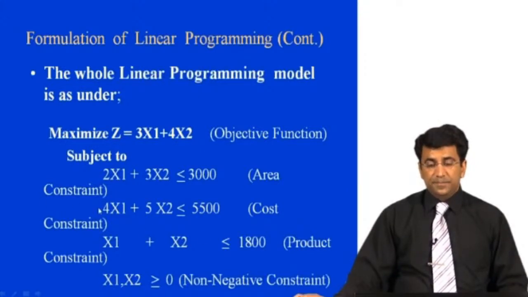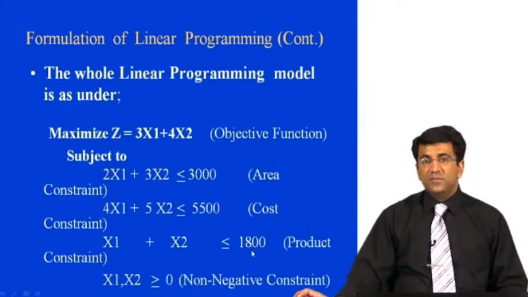Again class, I will not solve this particular example, and I will leave it for you. First of all, you will have to draw the graph. You will have to draw the lines for these three constraints, related to area, related to cost, and related to 1800. You will then have to find the feasible region which satisfies all three constraints. Then again, you may use the ISO profit line method. You will have to draw